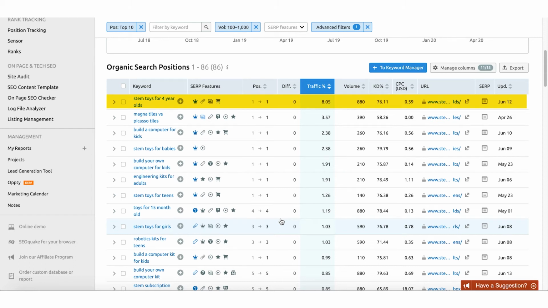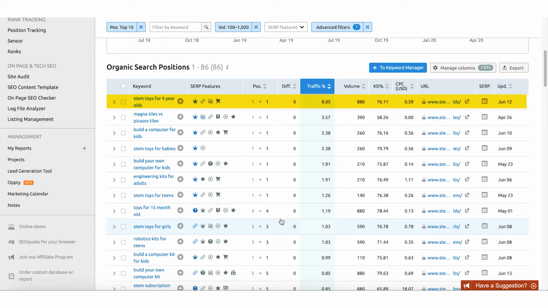And so again, thinking about that toy maker, if I were to niche down even further and launch with, for example, a toy or a set of toys for 4-year-olds that's related to STEM toys, this would be a great keyword to go after. It gets 880 monthly searches. It's a keyword difficulty that's less than 80, so it's gonna be pretty easy to rank for, to be honest, once you build up your authority in this space. And so these are some potential great options.